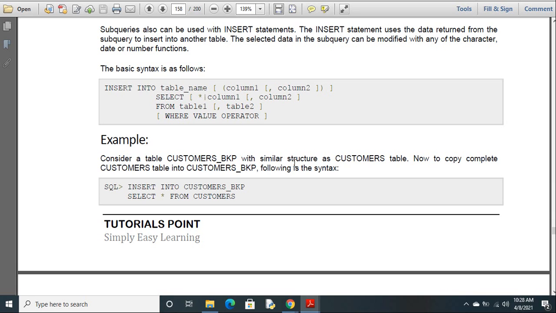If I have created a backup table with the same fields, then instead of entering all the values from table 1 to table 2, where every time you have to write insert into table name values, instead of writing all the values, here I can use a subquery: insert into customers_BKP select star from customers. It will select all the values from this and insert them into this table. It's very simple.